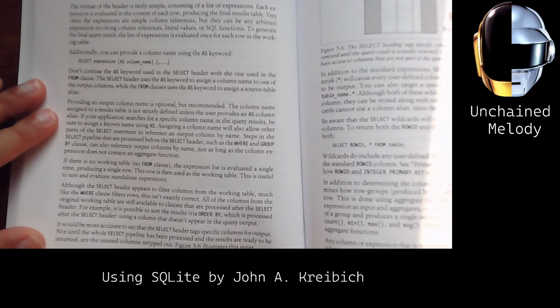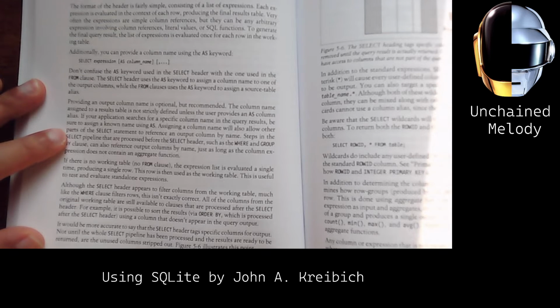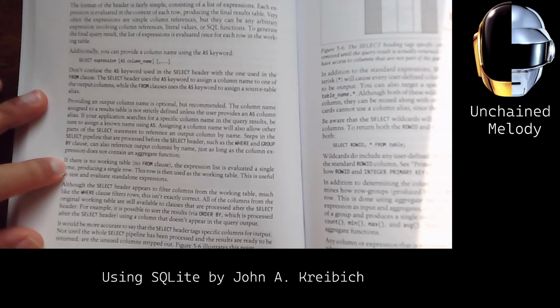The column name assigned to a results table is not strictly defined unless the user provides an AS column alias. If your application searches for a specific column name in the query results, be sure to assign a known name using AS. Assigning a column name will also allow other parts of the select statement to reference an output column by name. Steps in the select pipeline that are processed before the select header, such as the WHERE and GROUP BY clause, can also reference output columns by name,